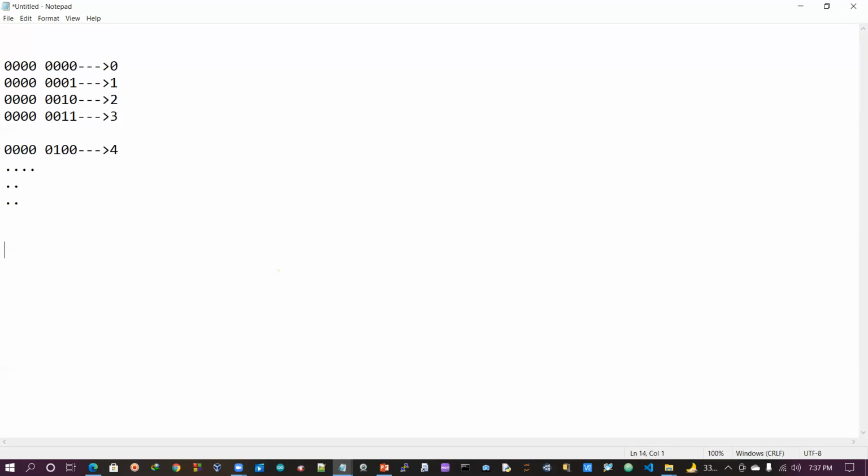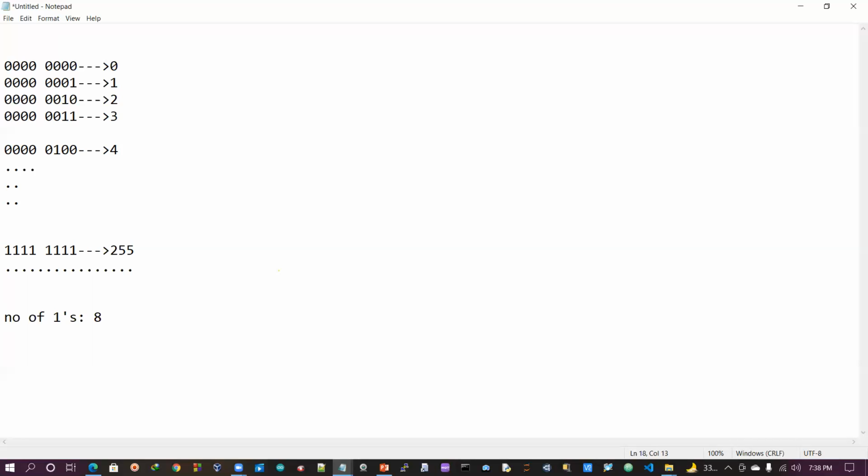And last, what should be after the last? 1 1 1 1 and 1 1 1 1. And which decimal number does it represent? It is 255, not 231. That is also a mistake from your side. Got my point or not? So how can you get this? Very simple, Kaushik. No need, we have the formula. How many ones do you have? Number of ones. How many? 8, sorry.